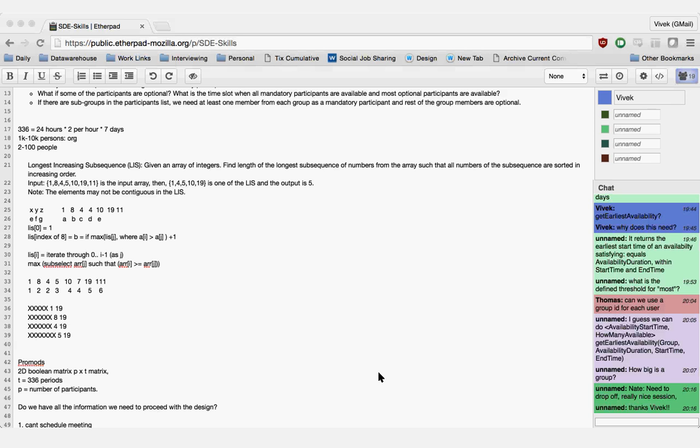So yes, it is definitely a very common interview question, and it's usually not a classic dynamic programming question, but almost always a spin on a classic dynamic programming question.